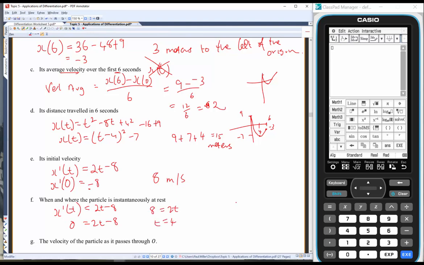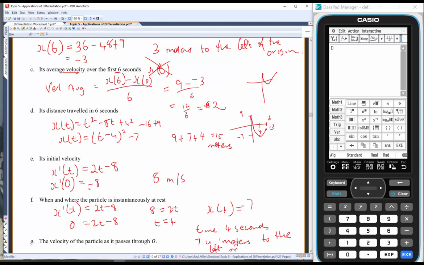It's at rest at time 4, and x of 4 is going to be -7. We just know that because it's a turning point already. So at time 4 seconds, and where, at -7, 7 units or 7 meters to the left